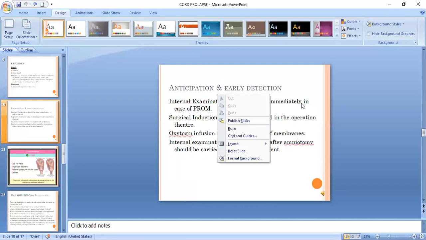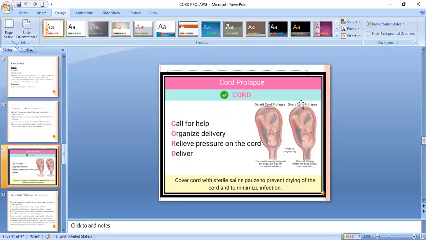So next we are moving on to the next. That's in general the management. The first thing is we should call for help, then we should organize the delivery, then the most important thing is we should relieve the pressure on the cord and deliver. Okay, so it is a mnemonic, that is CORD. It's called for, we should